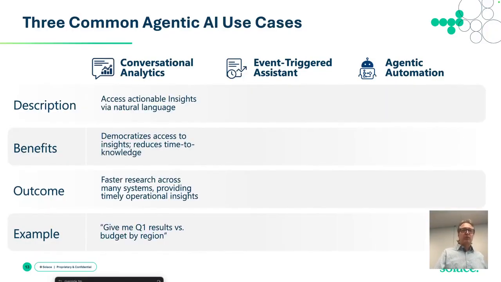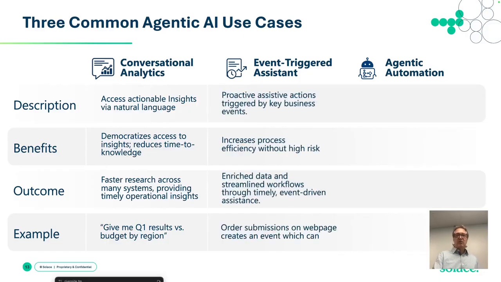So some examples. For the first one, you could say, give me the Q1 results versus the budget by region. And this will go off and figure out what databases it has to use, what operations. It democratizes access to the insights, which means I don't have to remember that big long SQL command. Is that an outer left join this and that? What's the key? Don't care. The LLM is going to figure all that stuff out for me.